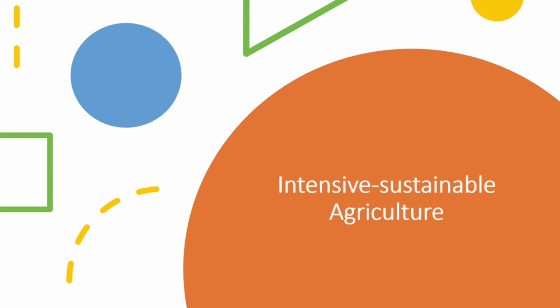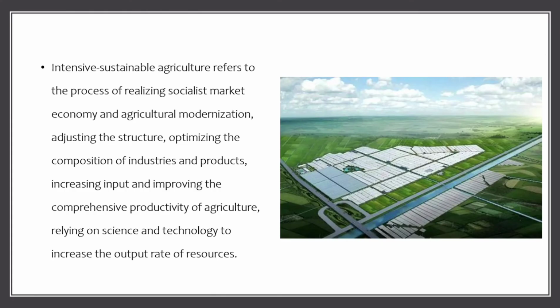My part name is Intensive Sustainable Agriculture. Intensive sustainable agriculture refers to the process of realizing the socialist market economy and agricultural modernization, adjusting the structures, optimizing the composition of industries and products, increasing inputs, and improving the comprehensive productivity of agriculture, relying on science and